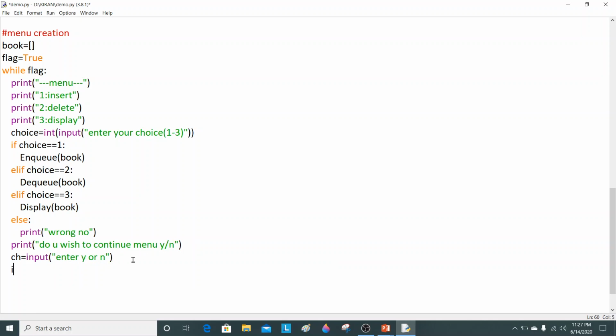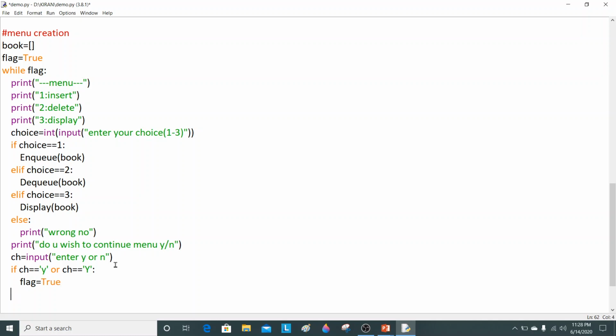Now you have to check the value of ch. So if ch equals to capital Y, because the user can enter the capital Y as well as the small y. So right here ch equals to this capital Y. Now I have checked it for the small y and capital Y. So in this case, flag should be equivalent to True.